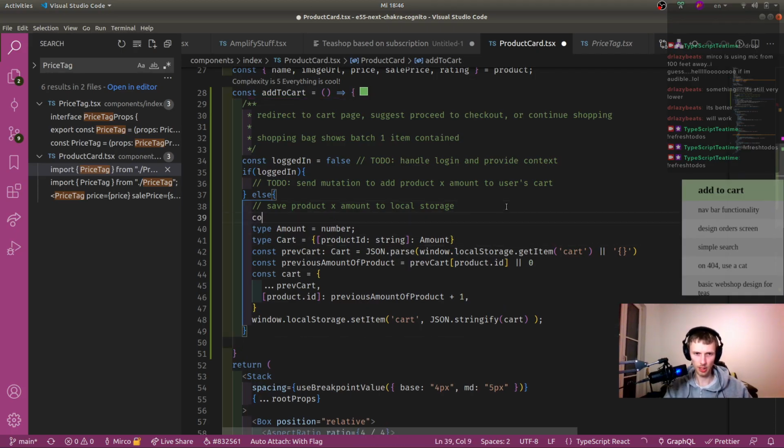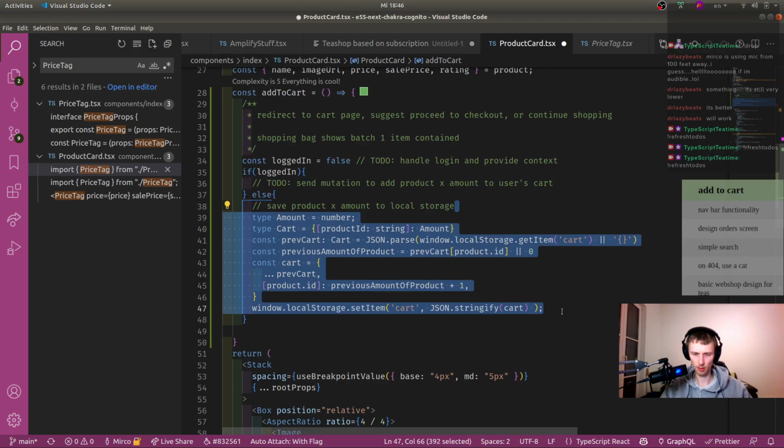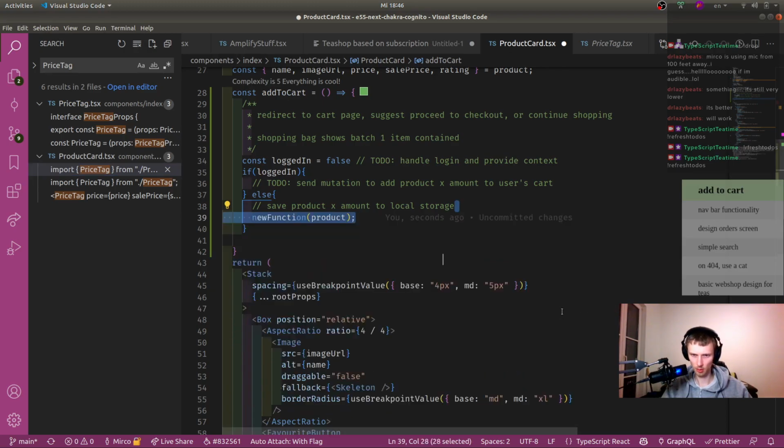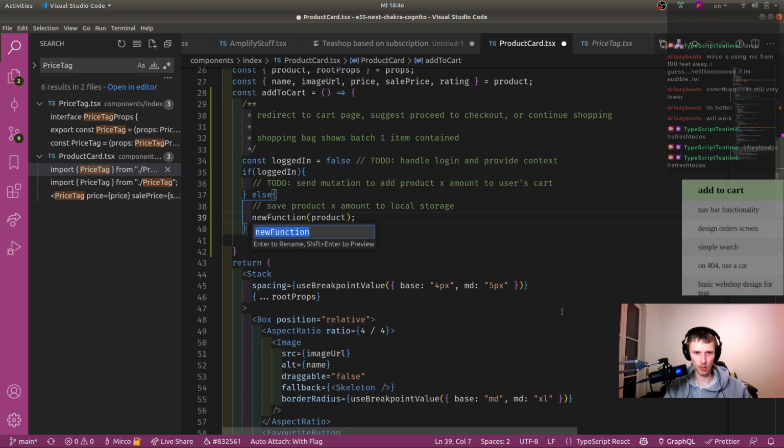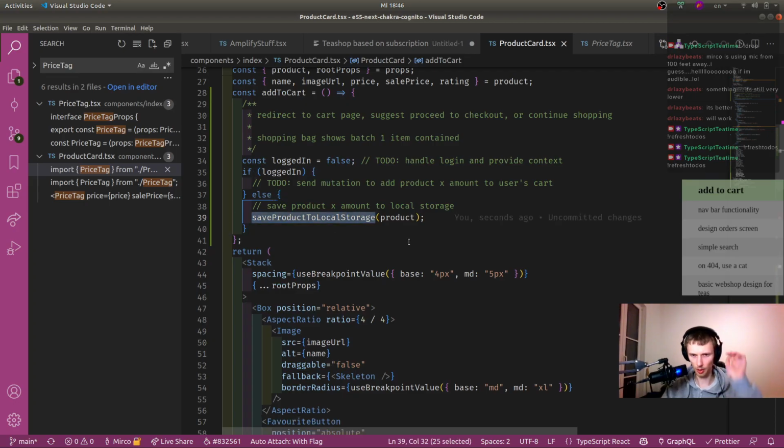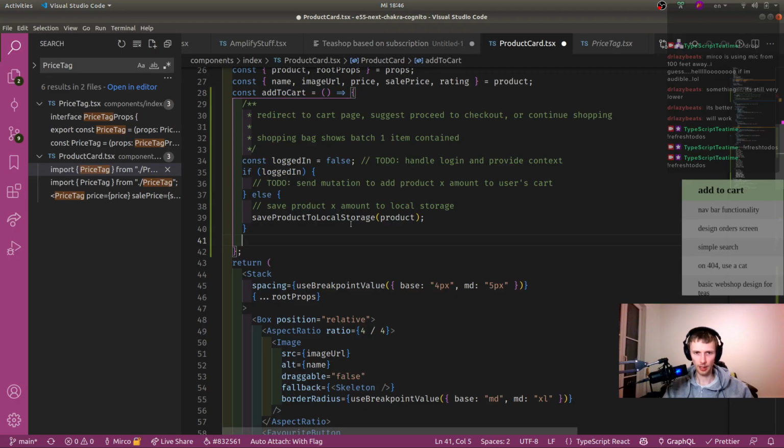So essentially we have a function here, I think, which is called save product to local storage, because they are not logged in. And if that has happened,